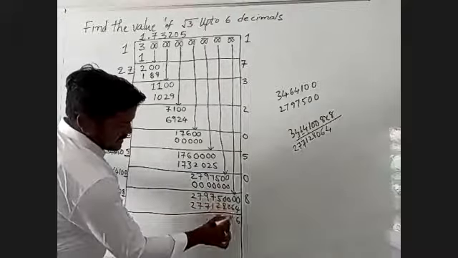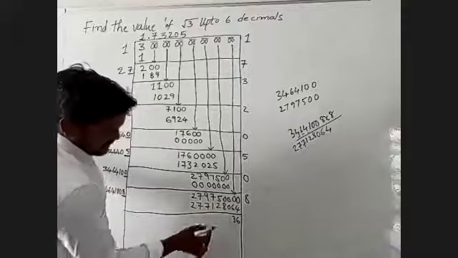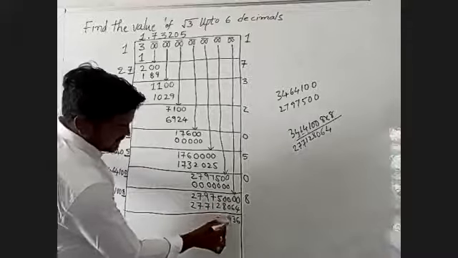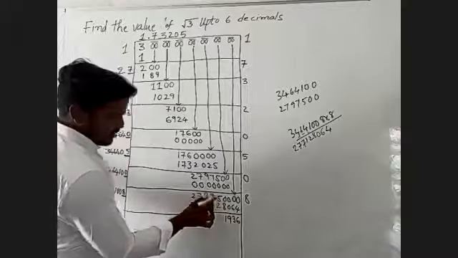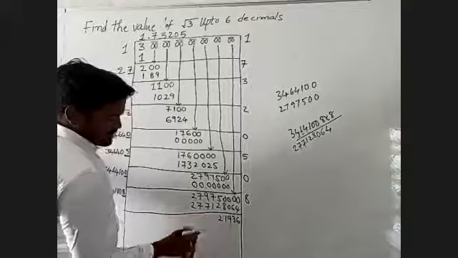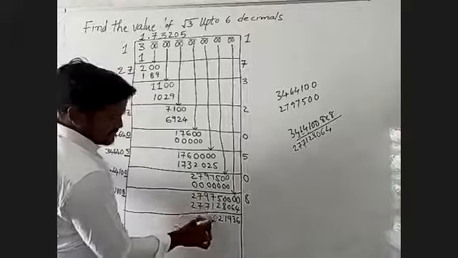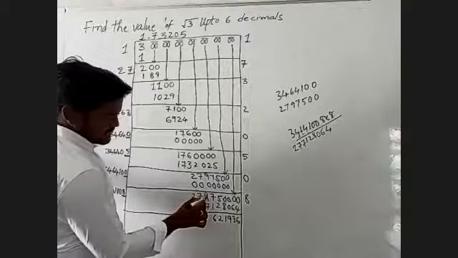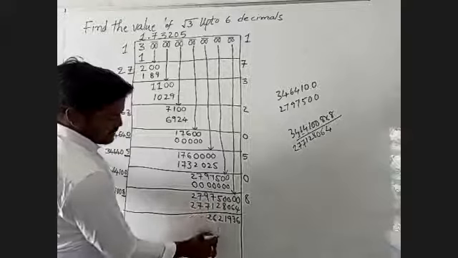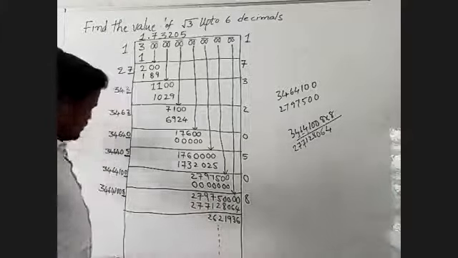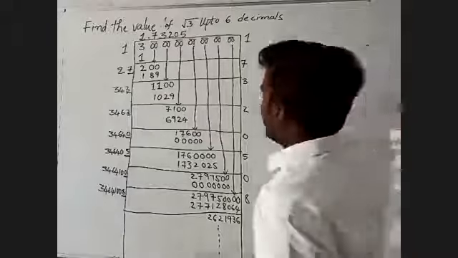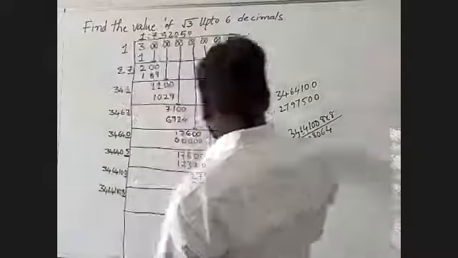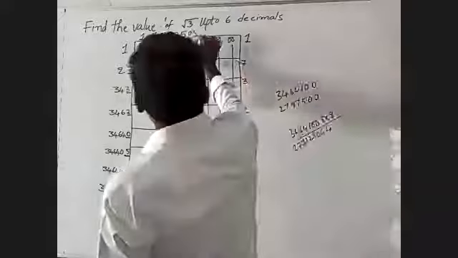9 minus 6 becomes 0. Then 9 minus 0 becomes 9. 9 minus 8 becomes 1. After that, this is 4. 4 minus 2 becomes 2. 7 minus 1 becomes 6. 9 minus 7 becomes 2. Until the process, the given value will be taken. Here the value is 5. After that is 0. After that we will take the 8.